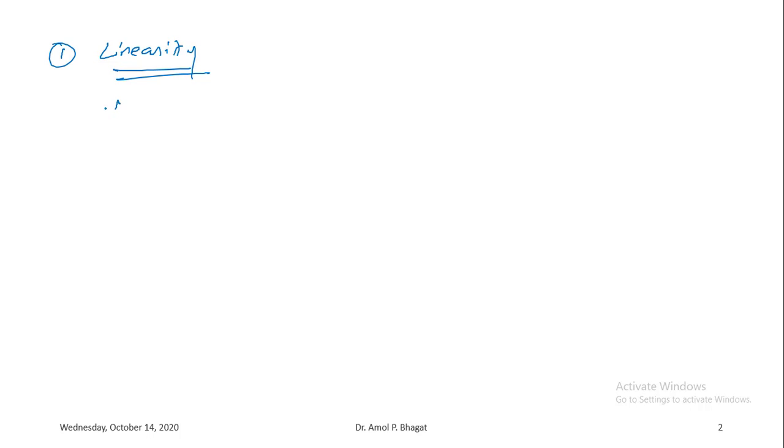So if x1 of n has the Z transform capital X1 of Z and x2 of n has the Z transform capital X2 of Z, where x1 of n and x2 of n are two discrete time signals, then